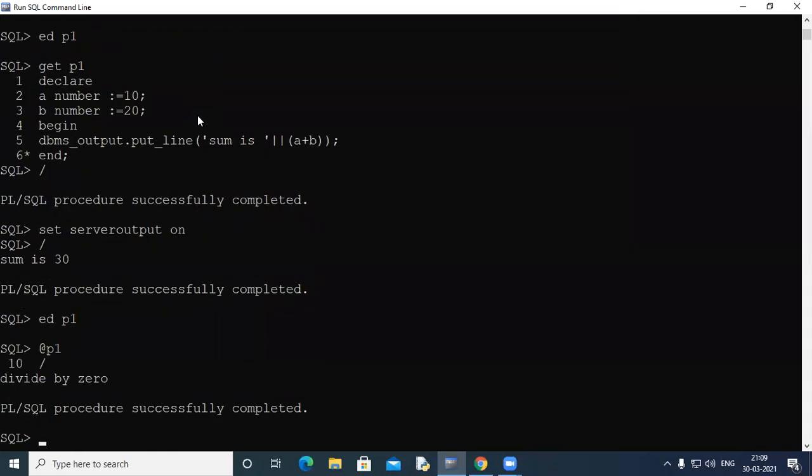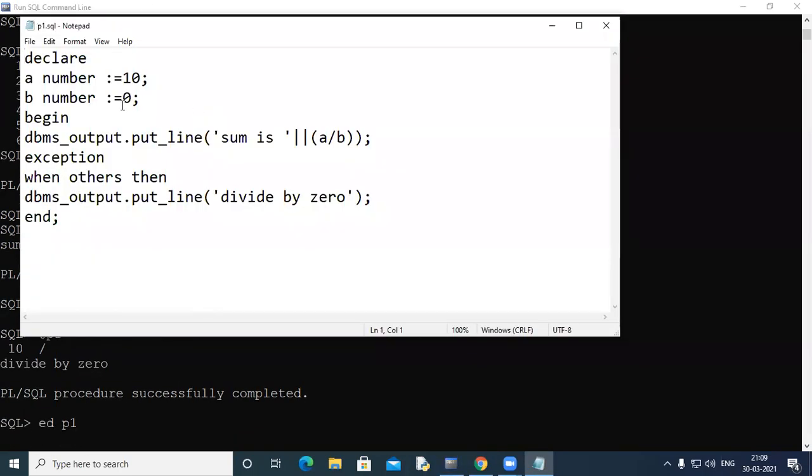You can see the output is divide by 0, because once you reach this statement, a/b should raise an exception and it would jump into the exception section. This short program highlights the anonymous block, where we have a declare section, a begin section, an exception section, and an end section, right?